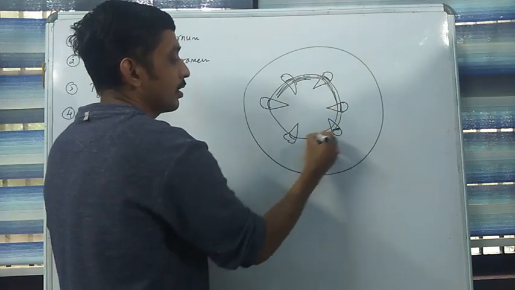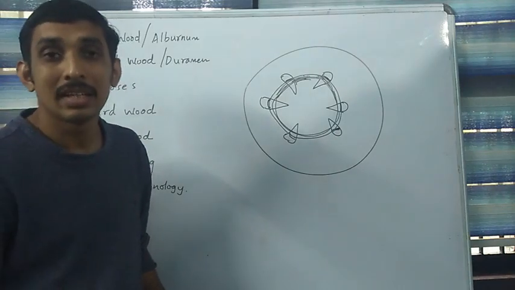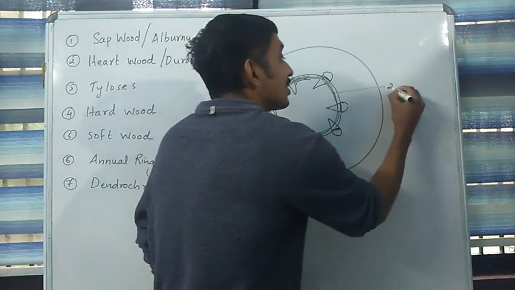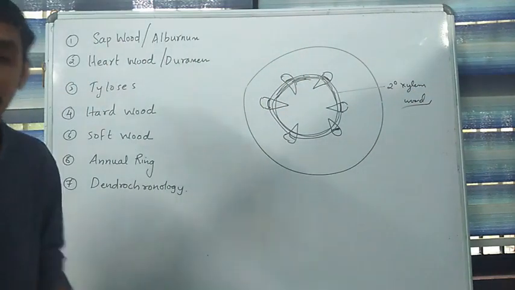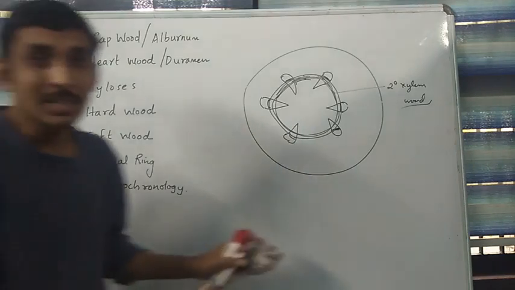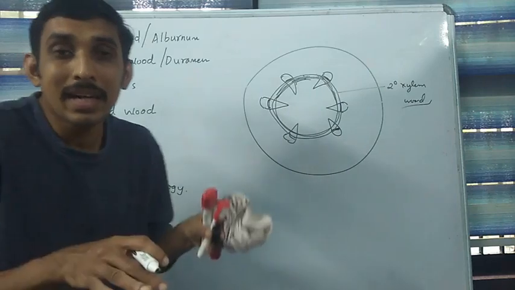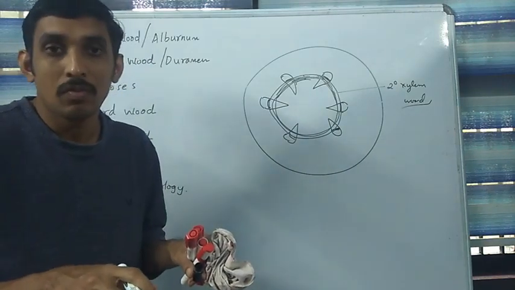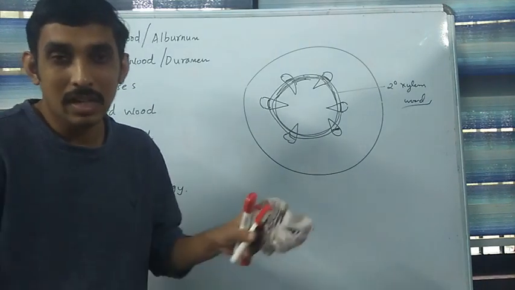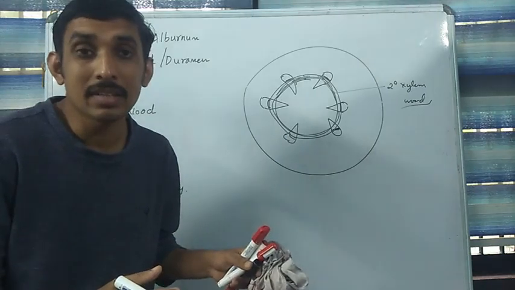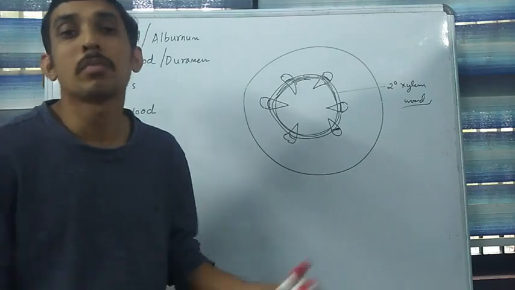So during secondary thickening, the dicot stem and root produce secondary xylem towards the inside. That secondary xylem is called wood. Just after the formation of secondary xylem, that secondary xylem is very active. It contains live cells and is highly active, and such secondary xylem performs the function of conduction. That is, it conducts water into different plant parts.